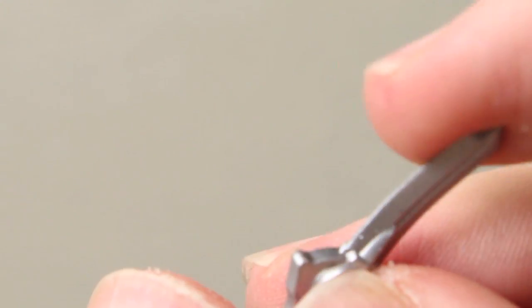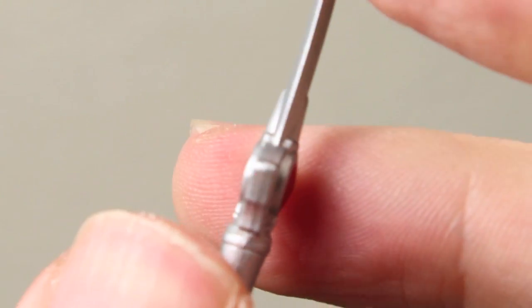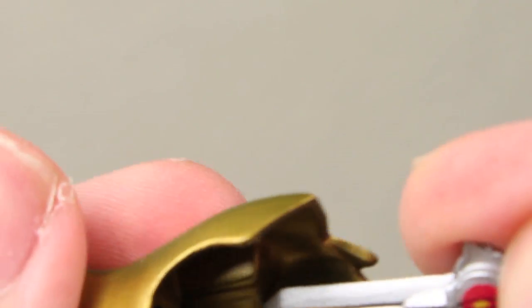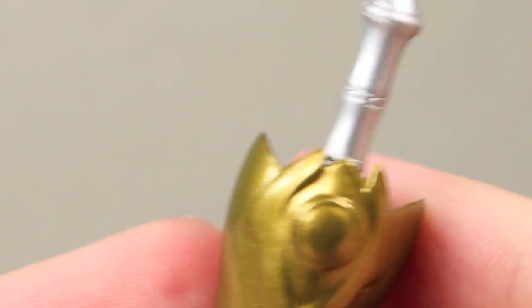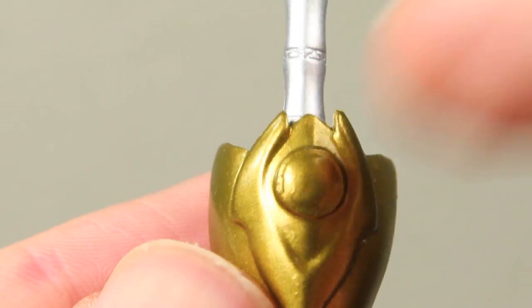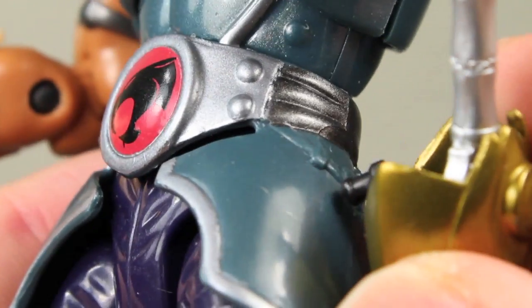It's a sturdy plastic. It could be warped, so be careful of that, but you can use it and you can place it. It has a little slot for the little shield right here, so you can place it there and have them carrying it around, which is really nice. One thing I wish, like in the Florence version, is that it had a little hole right here that showed the little eye of Thundera, which is cool, but like I said, you can place it right here and have them carrying